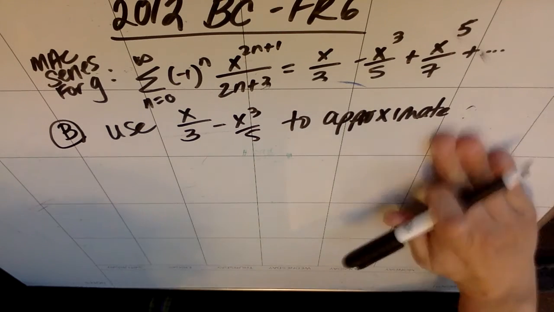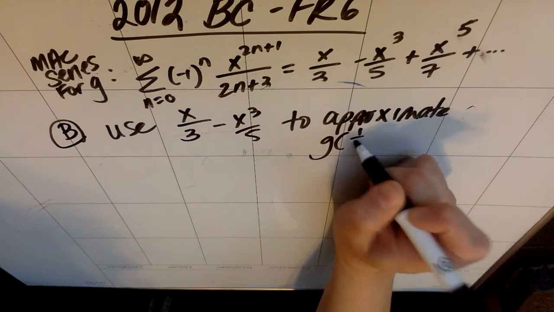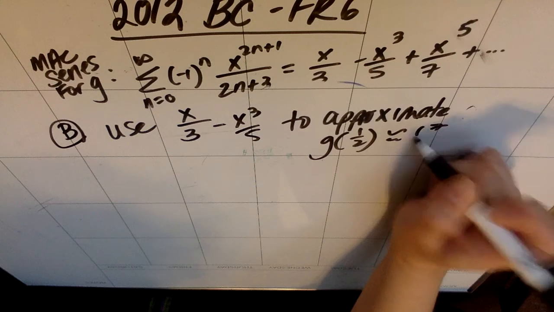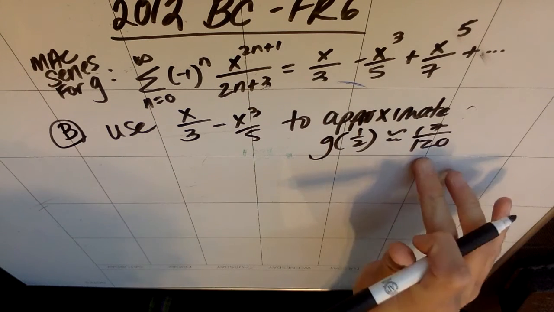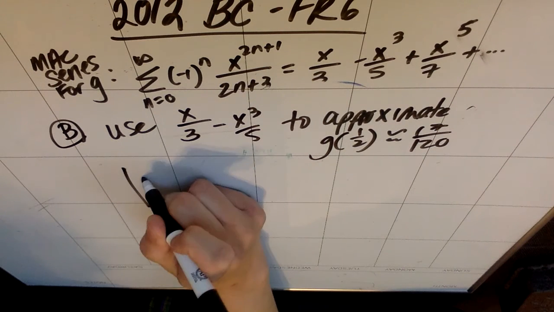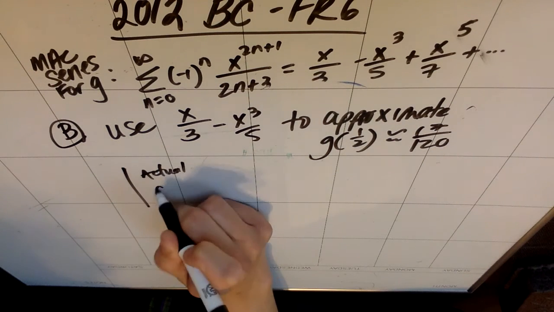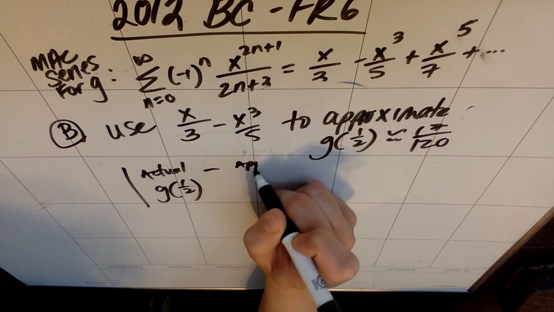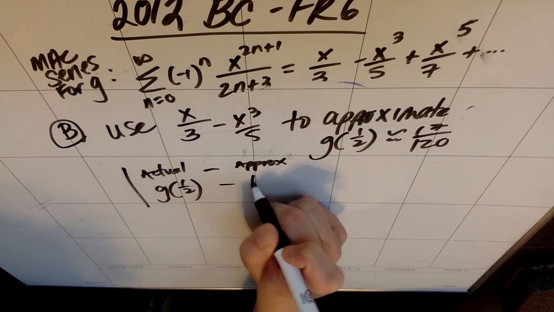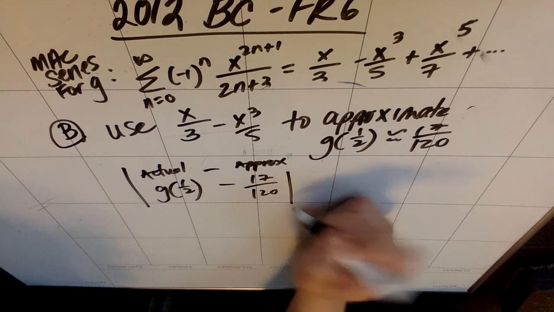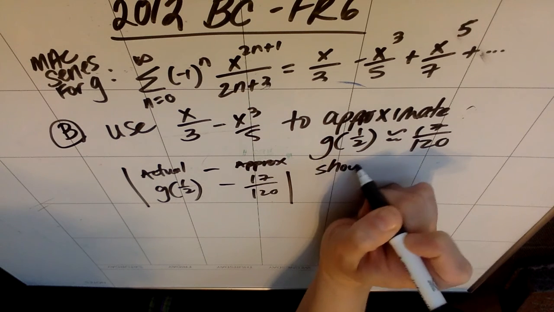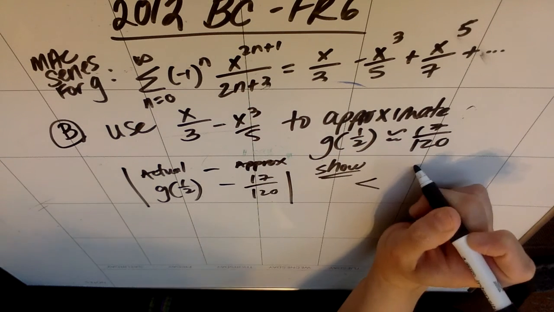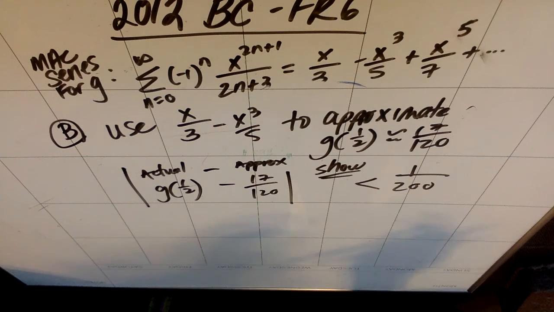So to approximate G of 1/2, my bad, is 17 over 120, right? That's the approximate value. They want us to show that the actual value, which is G of 1/2, minus the approximate value, which is the 17 over 120, is smaller than 1 over 200. Well, the trick is that in order to show what the max value of the error is,